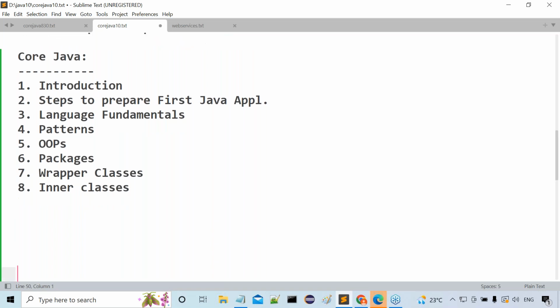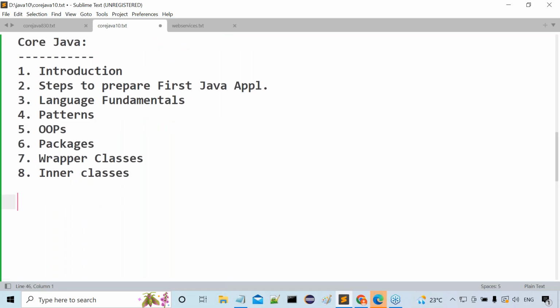Inner classes. Guys, observe this clearly. Is it possible to write a class inside a class or not? Is it possible to write a loop inside a loop or not? Nested loops are possible or not possible? I think I'm asking about the fundamentals only. I think it might be covered in the C programming language also. Is it possible to write a for loop inside another for loop or not? A while loop inside another while loop, is it possible or not?